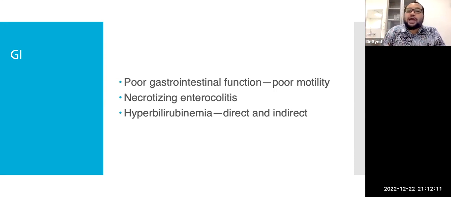They are more prone to get feeding intolerance because their peristalsis is not moving really well. So they easily get feeding intolerance. They are at more risk to get necrotizing enterocolitis, as mentioned before. They do not have normal gut flora. And then the gut tissue is very immature, so microorganisms easily enter, right? And they are more friable. So they easily get NEC. And they are at more risk of hyperbilirubinemia. Why? Because the liver is immature.